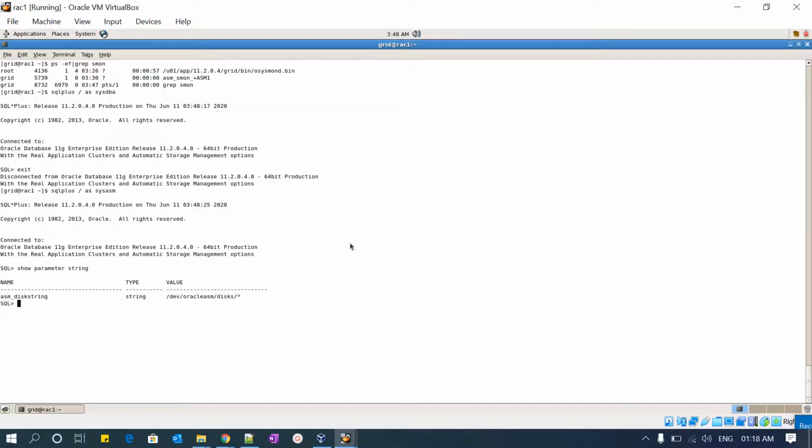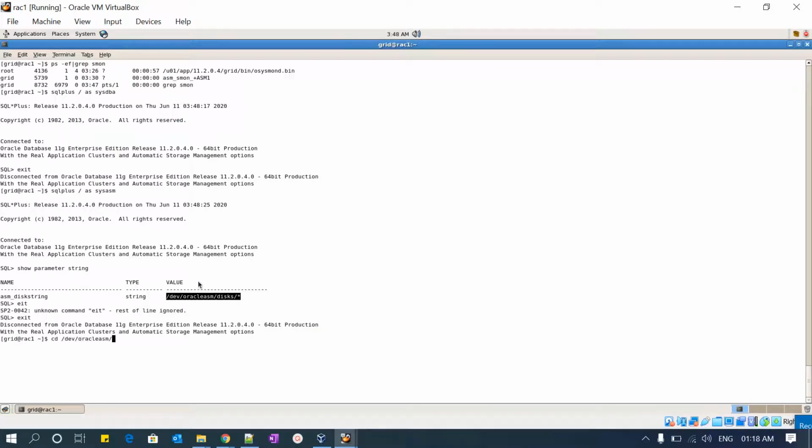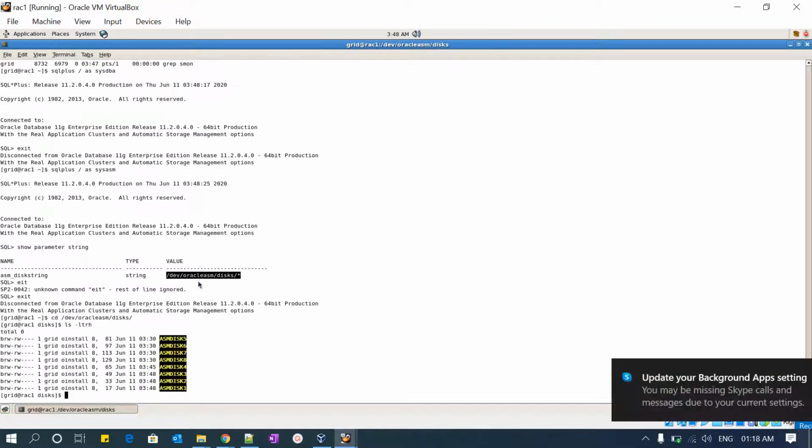Once you log into SYSASM, you do show parameter disk string. It will say where your ASM disks are mounted, or your raw disks which are formatted using the ASM library. So I will quickly go inside /dev/oracleasm/disks.